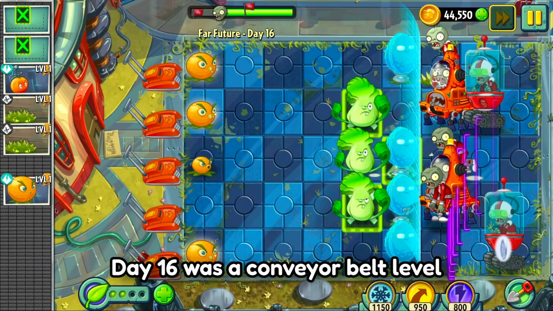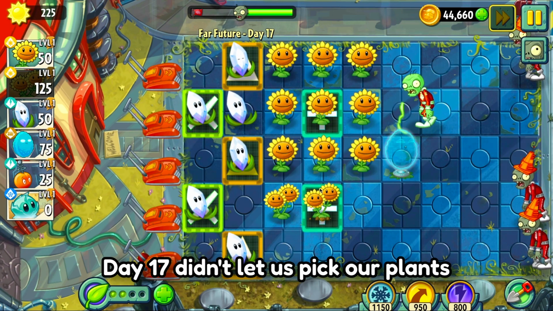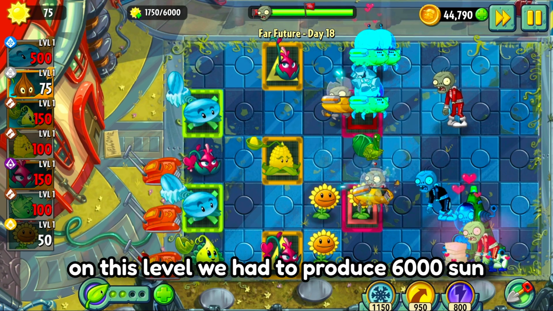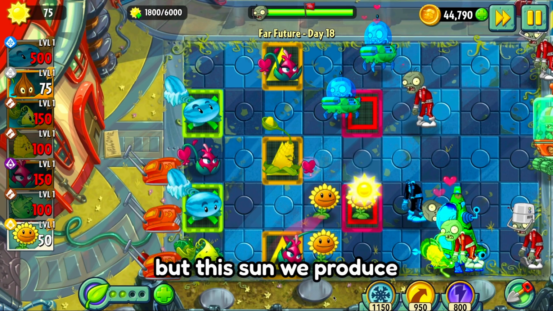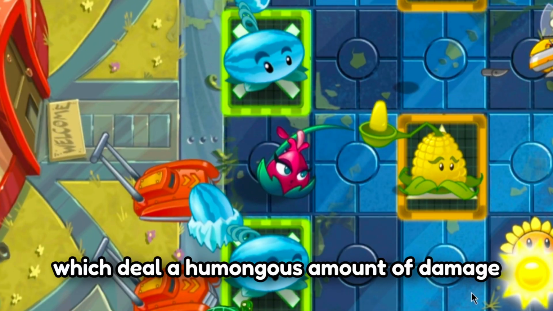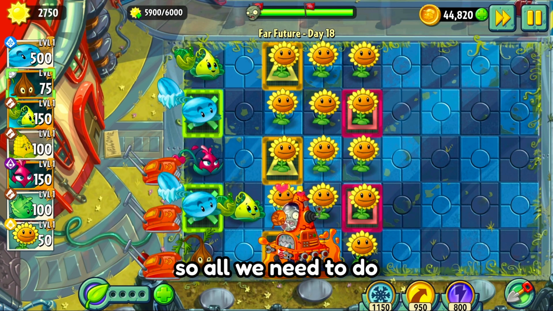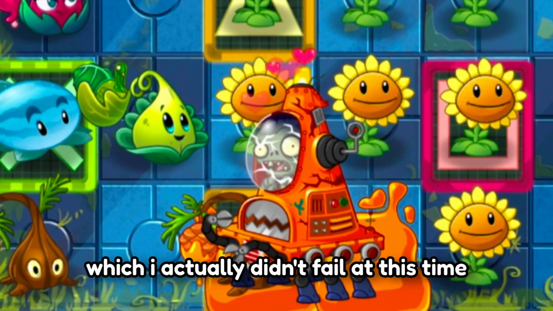Day 16 was a conveyor belt level. Day 17 didn't let us pick our plants. Day 18 was a produce sun level. On this level, we had to produce 6,000 sun, which is a lot. But this sun we produce allows us to place 2 winter melons, which deal a humongous amount of damage to the zombies. So all we need to do is stall out the last zombie, which I actually didn't fail at